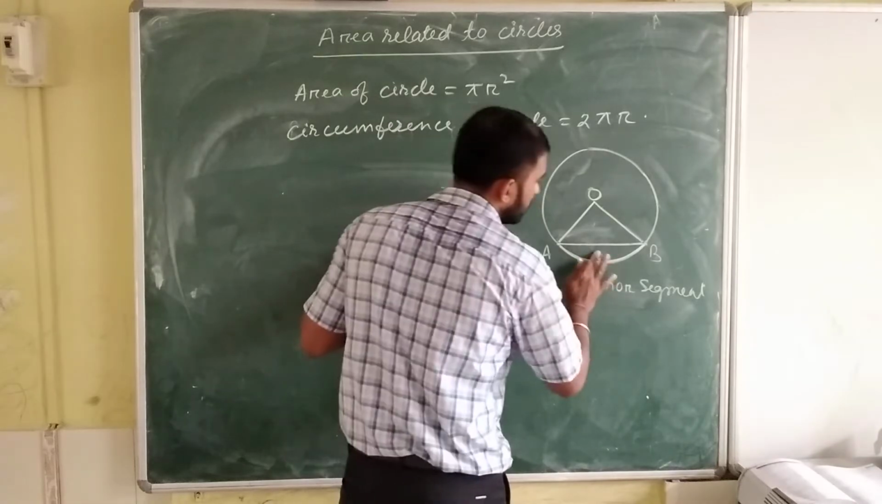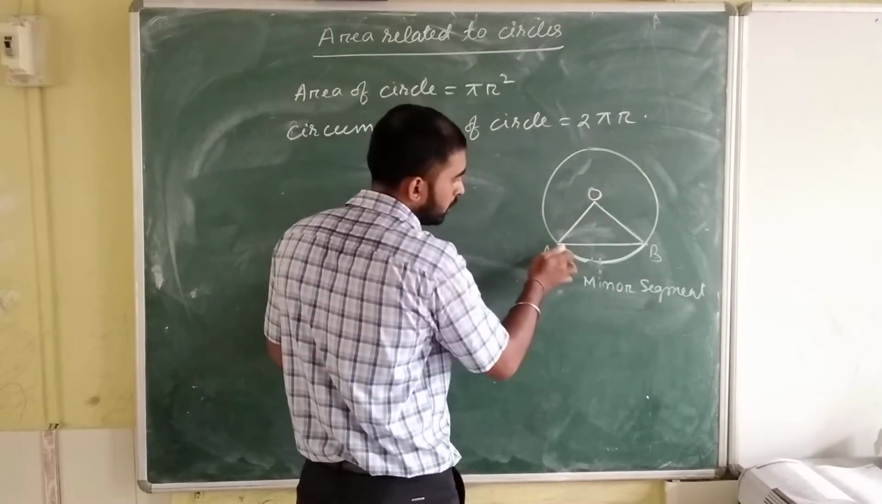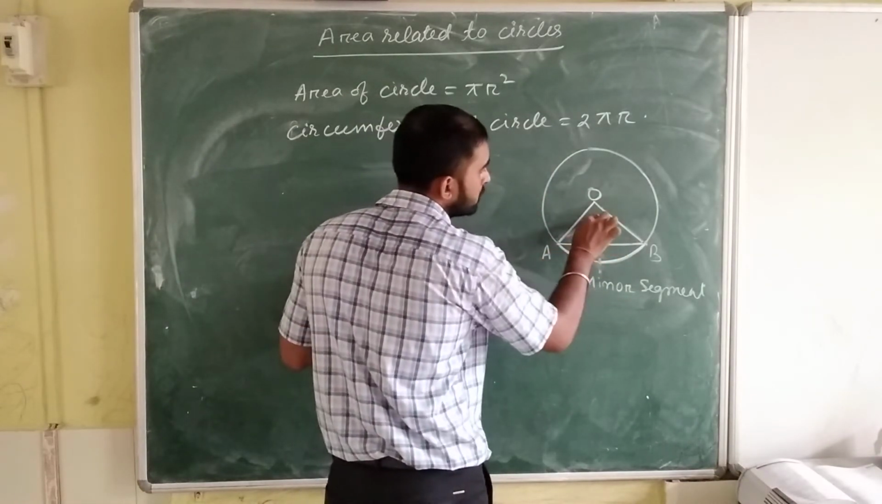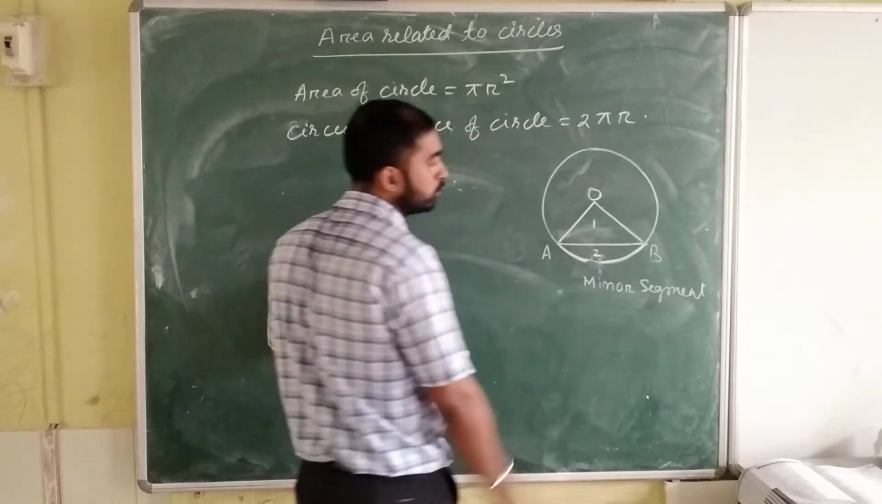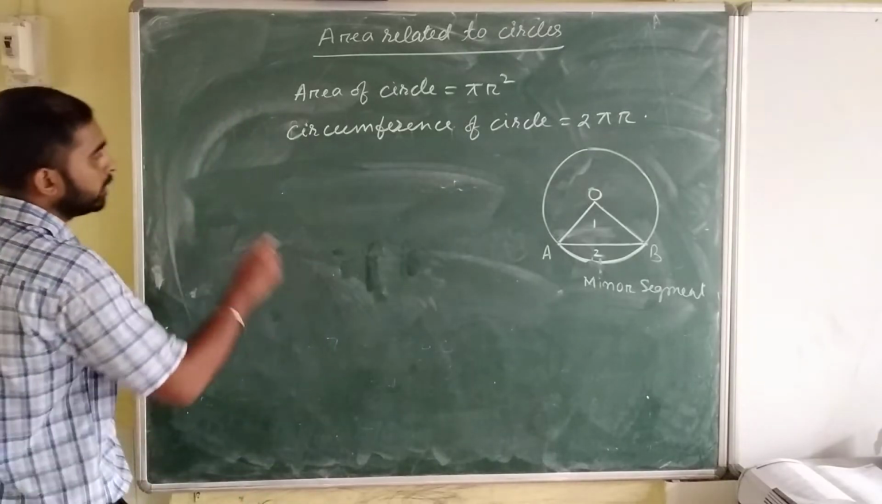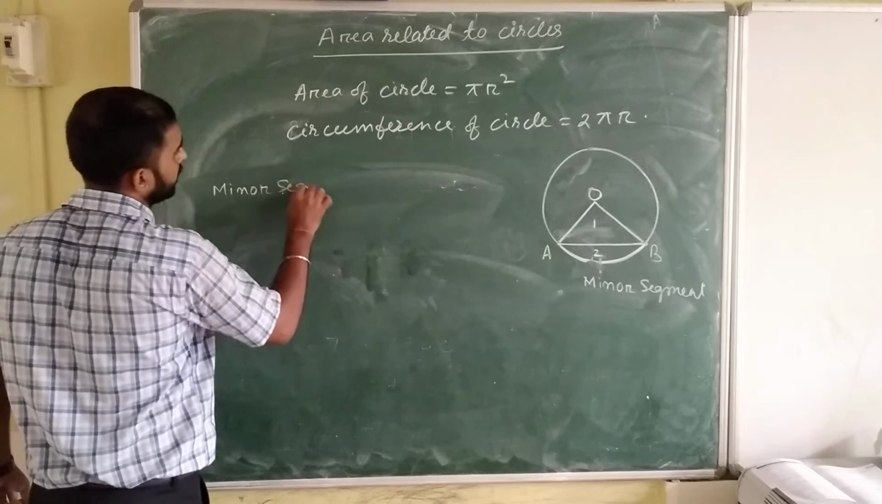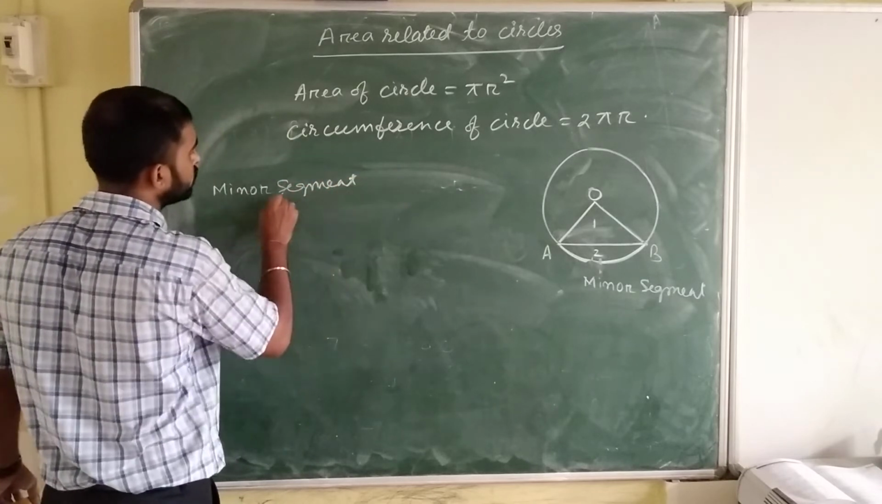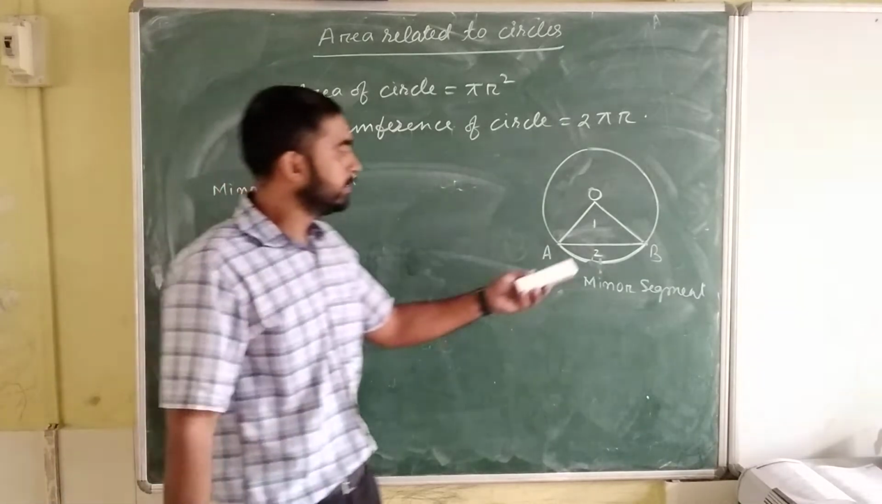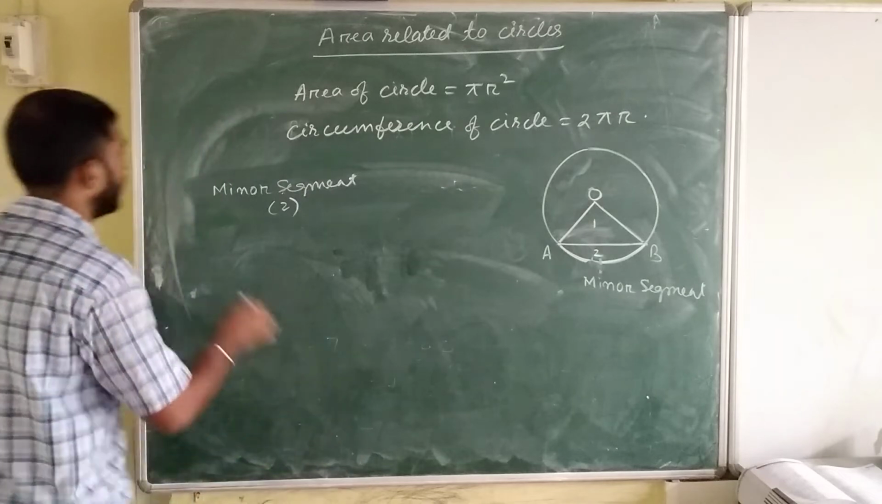See, suppose there is no segment. This is the sector. Suppose this one is triangle, 1, and the segment is 2. What is the segment? The area of the minor segment. Minor segment is represented by 2. Area of the minor segment